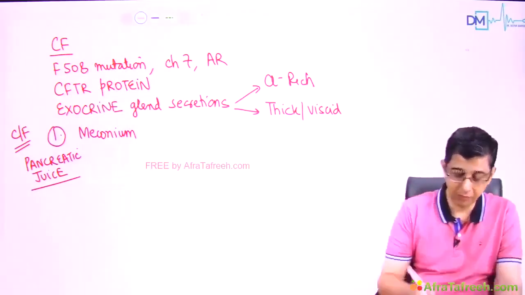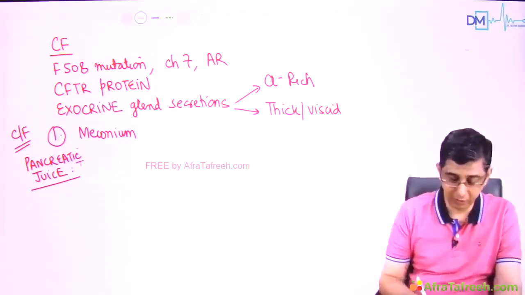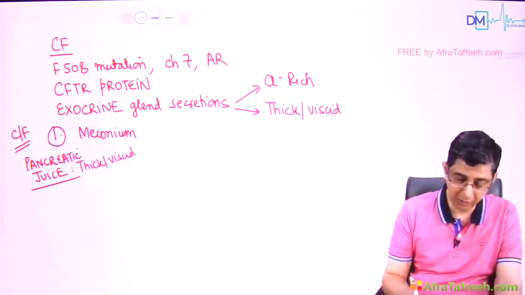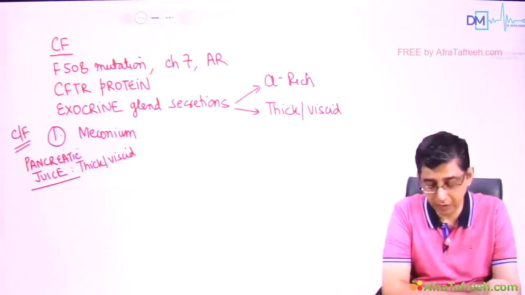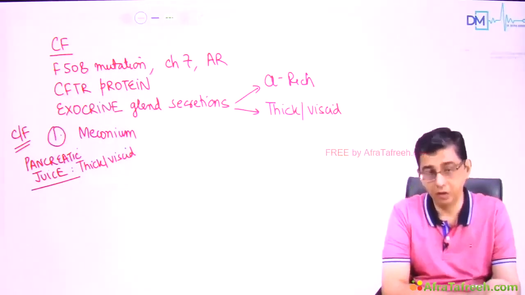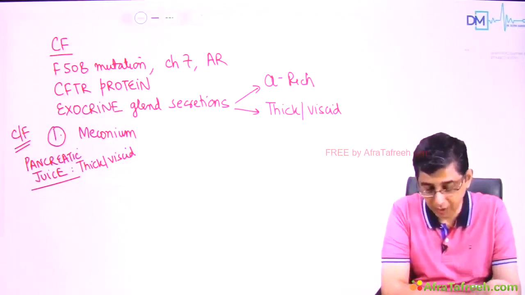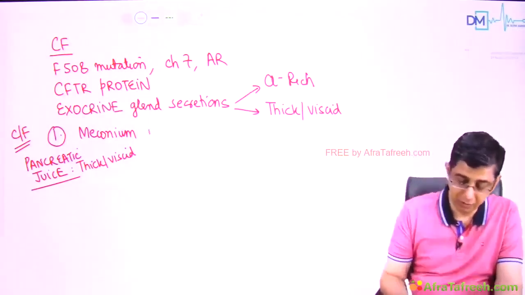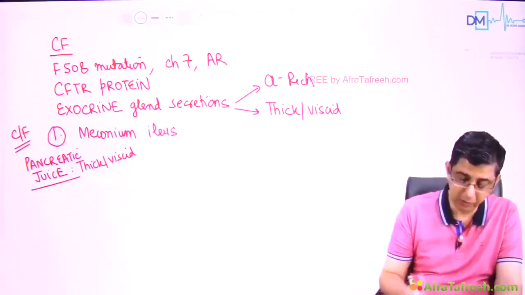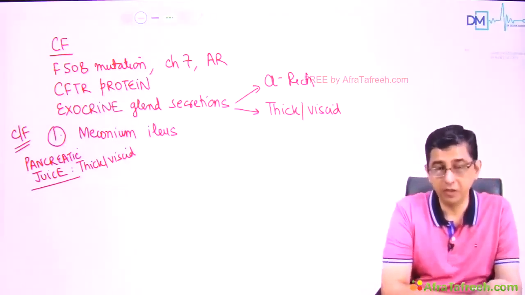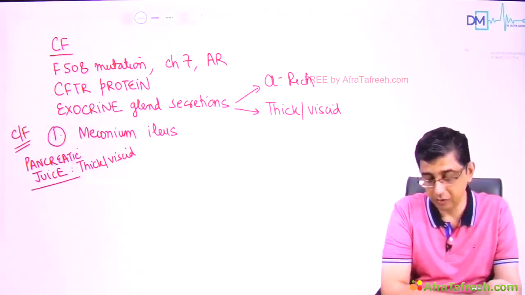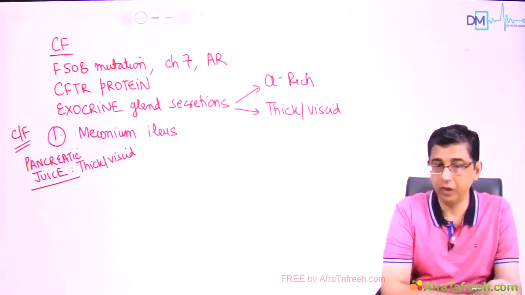But in cystic fibrosis, the pancreatic juice is very thick and viscid, so it is stuck in the pancreas. It is not able to come outside. Because of this, in these patients there would be insufficiency of secretions, resulting in meconium ileus. Meconium ileus basically means paralysis of the gut of the patient because the stool is stuck, and therefore the MCQ